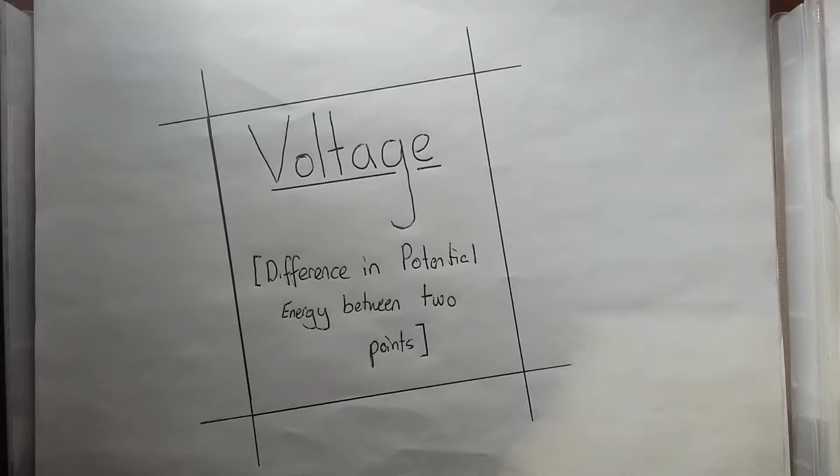Hi all, this is a quick video I've put together to explain the concept of voltage in electrical circuits. So voltage is a difference in electrical potential between 2 points in the circuit. Before we look at an example of voltage, we'll look at a quick analogy for a difference in potential energy